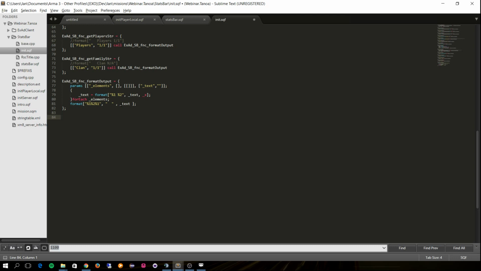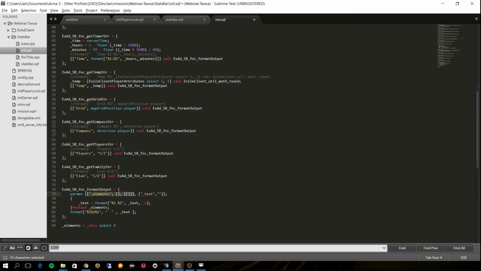So like params elements, what I'm doing here is exactly the same thing as, let's say, elements equals this select 0, because this is the first argument, and since we're only sending in one argument actually,